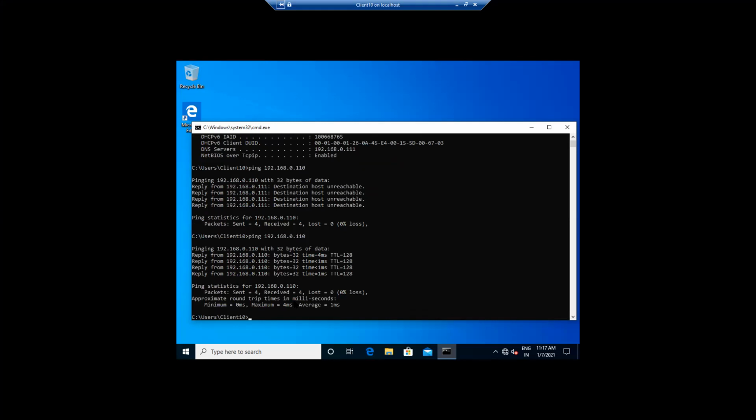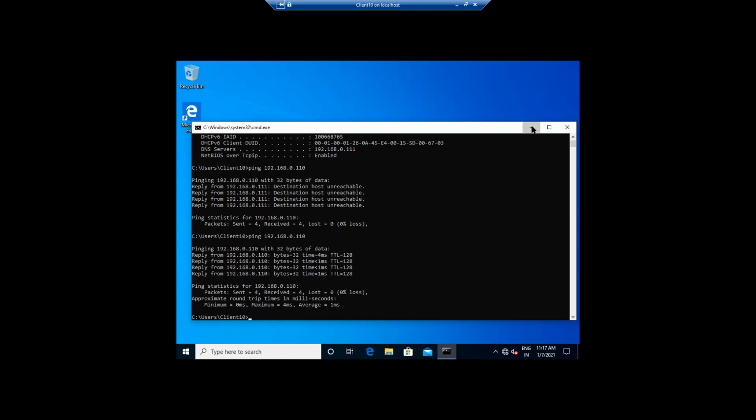So these two were on different switches. That's why it was not communicating, because with different switches the connection will not be there in between. Now we have connected to the same switch. I have created two switches: one for internal communication, one for external. The external one goes to the external network, like the internet, and all packets will be moved there. Now I have connected to the internal switch, so communication has started.